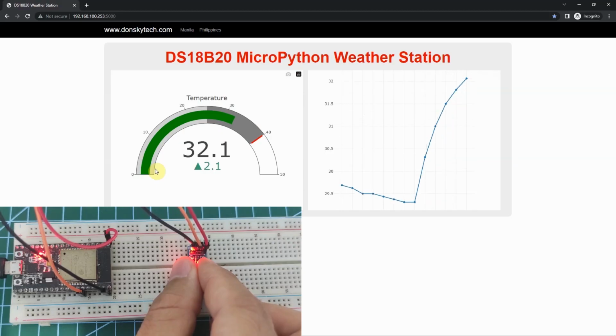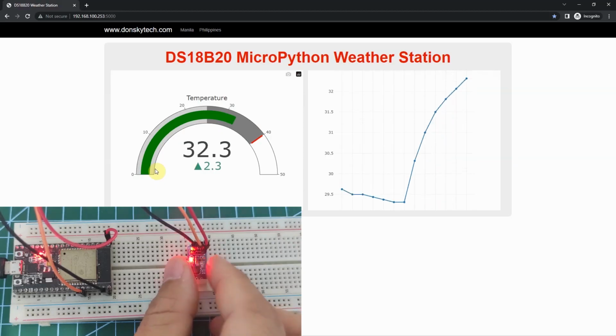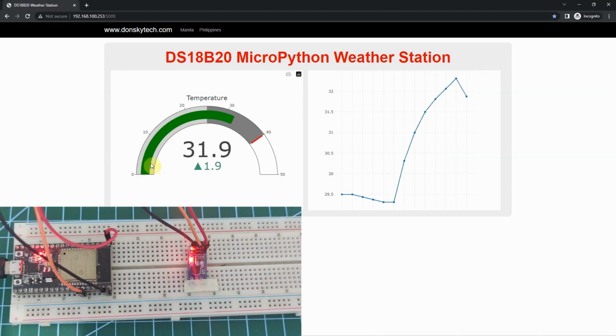And if I remove my hand, then I am expecting that the temperature should go down. Notice from the graph here that the temperature is now beginning to fall down. Same also with the temperature at the gauge chart.